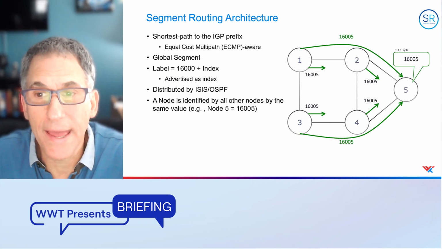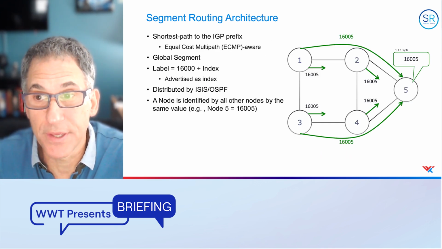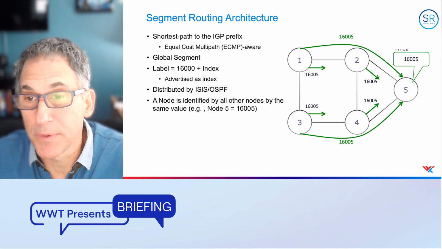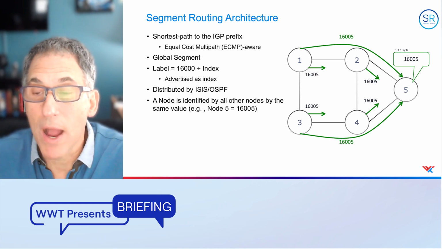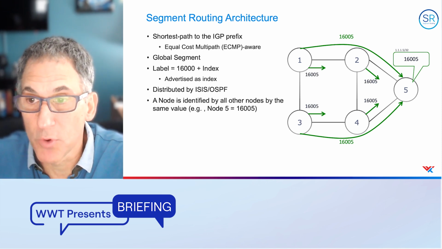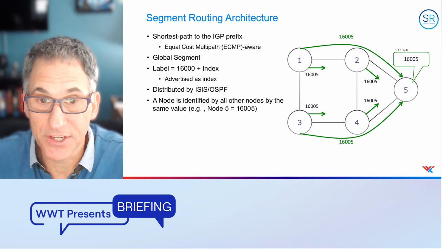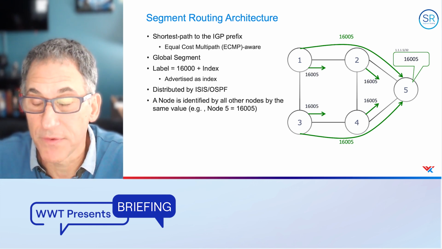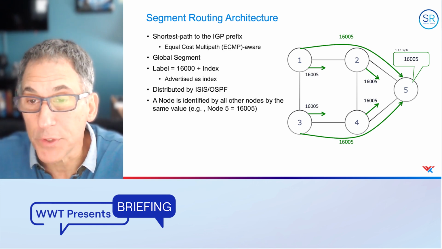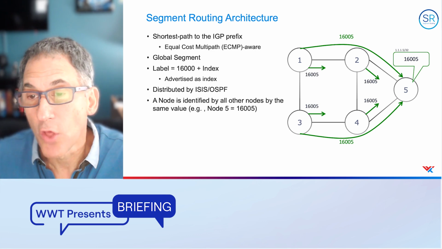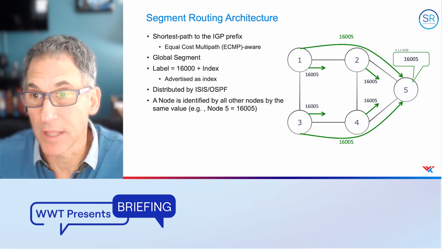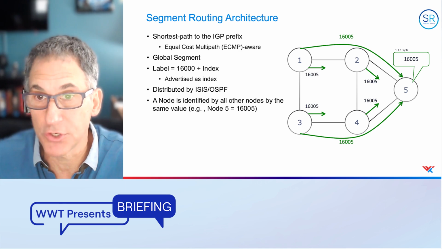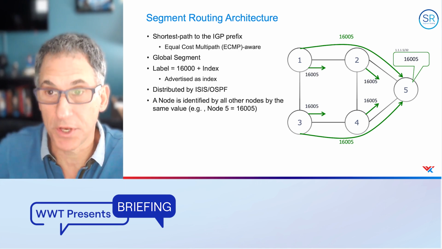So now let's look at the routing architecture in practice. The first thing you'll probably notice, if you're comfortable with MPLS or no MPLS at all, is every router here is using the same exact label value to reach router 5, and that is 16,005 in this case, or node 5. In LDP and RSVP, those label values are dynamically assigned. So router 2 would dynamically assign a label value to router 5 and advertise it to its neighbors 1 and 4, and so on and so forth through the network.